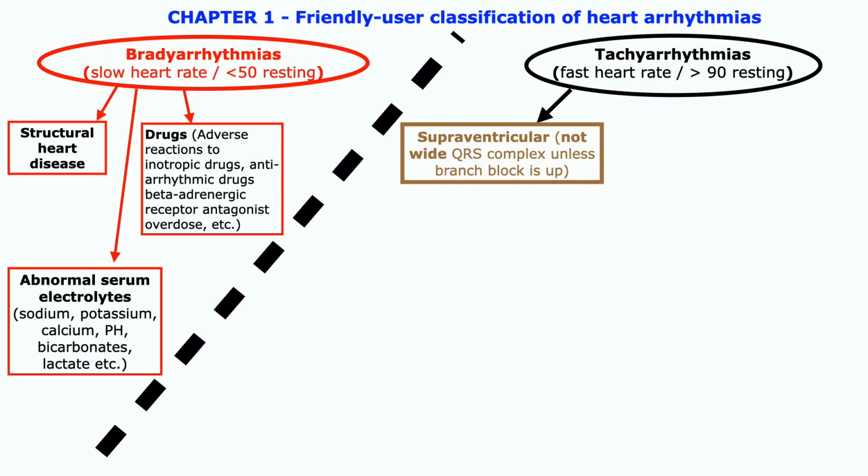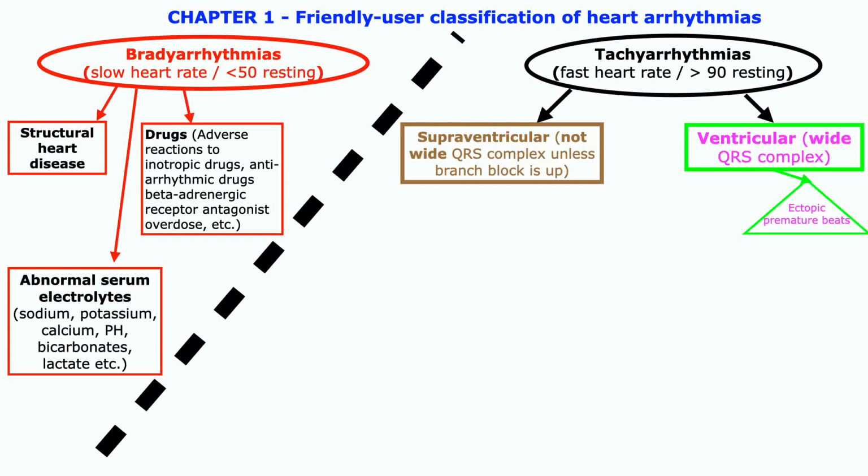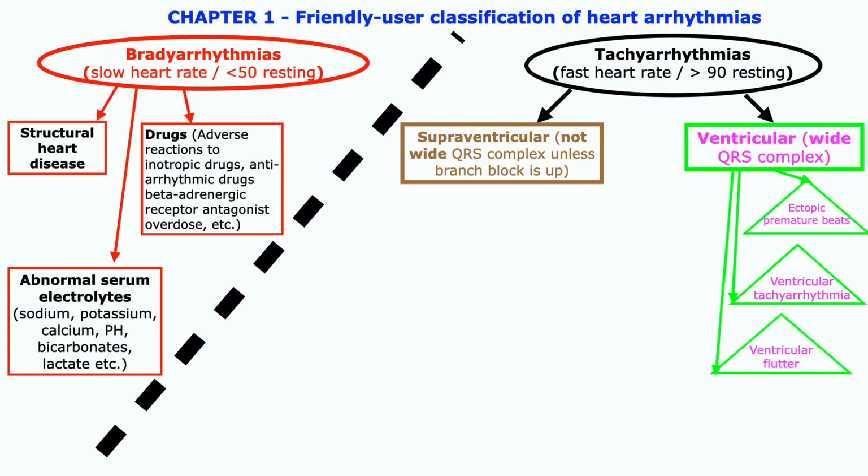Tachyarrhythmias may be of either supraventricular, not wide QRS complex, or ventricular origin, wide QRS complex, and may share the same causes as bradyarrhythmias, plus hyperthyroidism. Even ventricular ectopic premature beats should be investigated because they may trigger major life-threatening tachyarrhythmias, such as ventricular tachyarrhythmias, ventricular flutter,